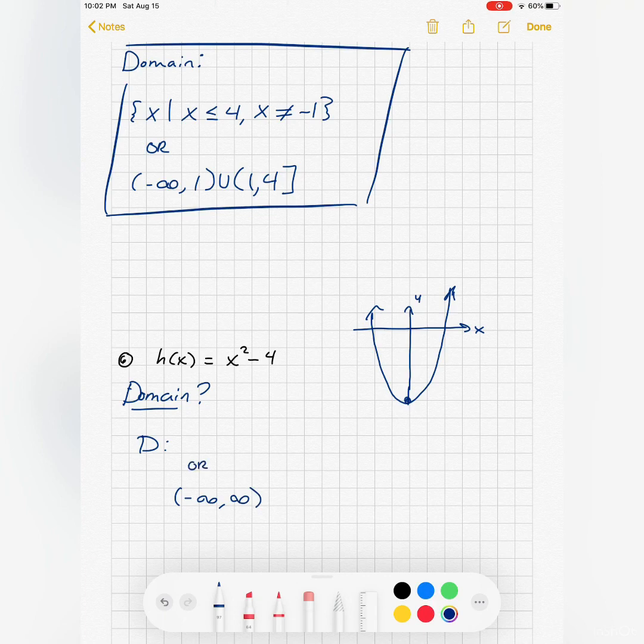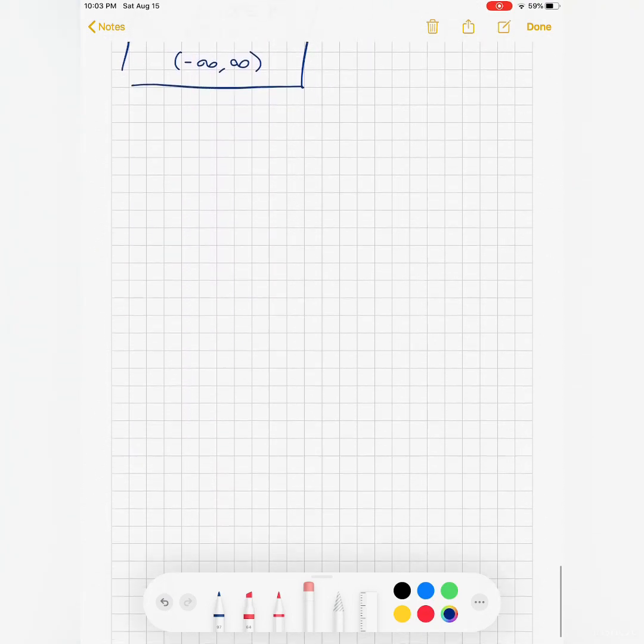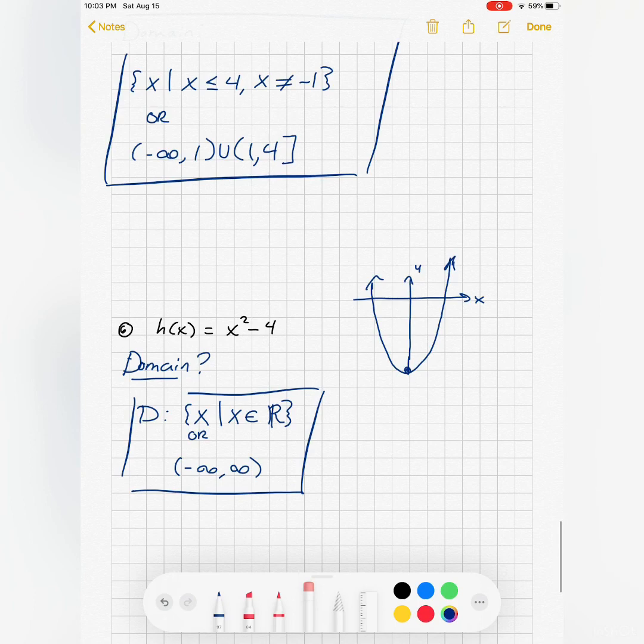Here's how you write that in set builder notation. You say the set of all the x's where x belongs to, and then we use R for real numbers. We put a double line to say set. x belongs to the set of all real numbers. That's a nice little review of